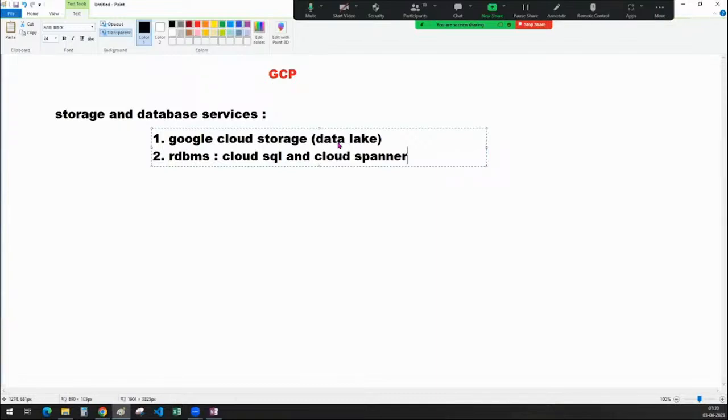Cloud SQL is one of the fully managed services provided by GCP for running MySQL engines, as well as PostgreSQL engines, as well as SQL Server. That means if you have an on-premises MySQL and you want to migrate it to the same MySQL with the same version in the cloud, you have these services readily available, guys. Okay, so this is Cloud SQL and Cloud Spanner that we are going to see in our sessions.